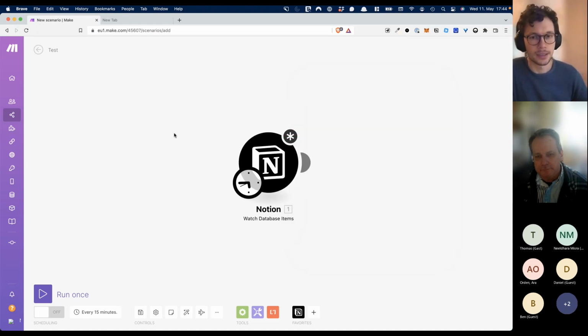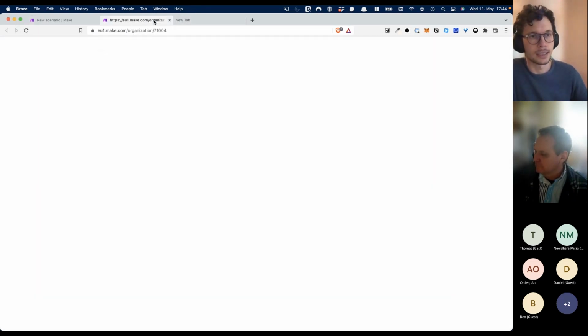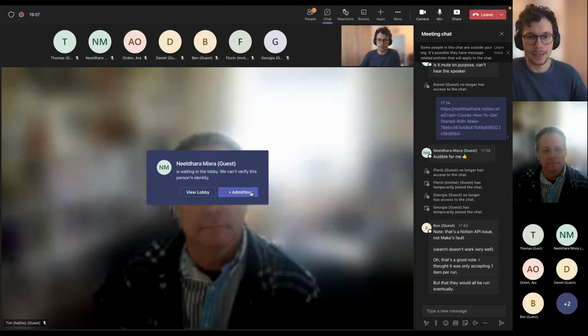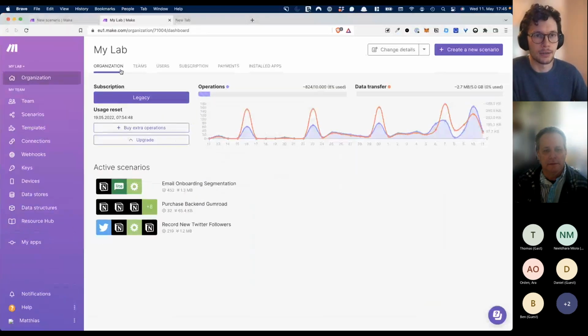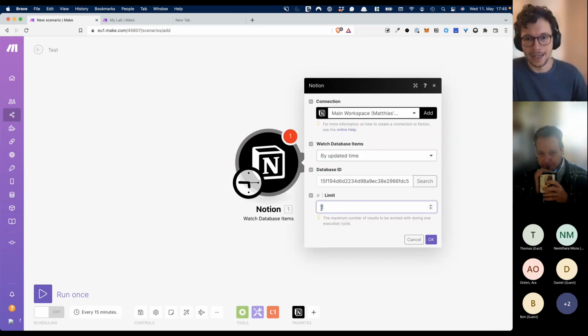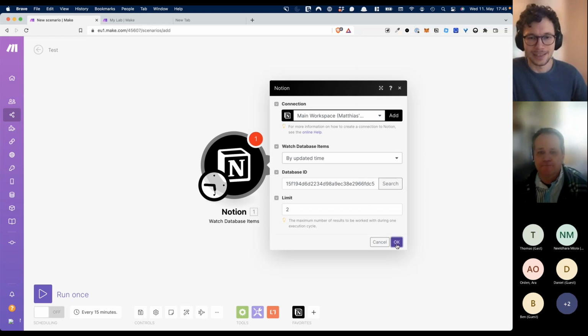That's maybe a good moment to quickly talk about the way limits work in Make. Make gives you a number of operations, and every step in your automation is one operation. So in our case, we only have one module so far in our automation, this one, and every time this runs, it costs one operation. The one risk that you run with a very high limit is that if you set this to 10,000 and it actually finds 10,000 entries, then you might end up using up all your operations, but it's highly unlikely. Anyway, okay, so we set this one up, updated time, the correct database, we can just click on OK,